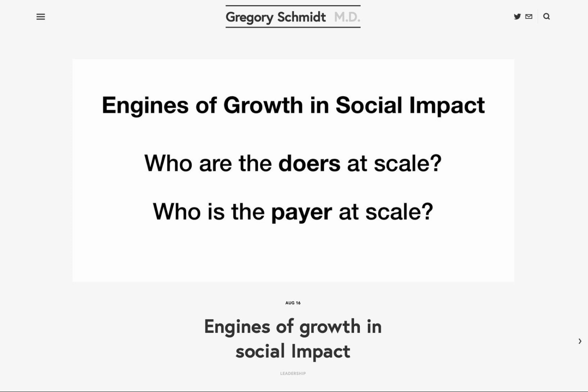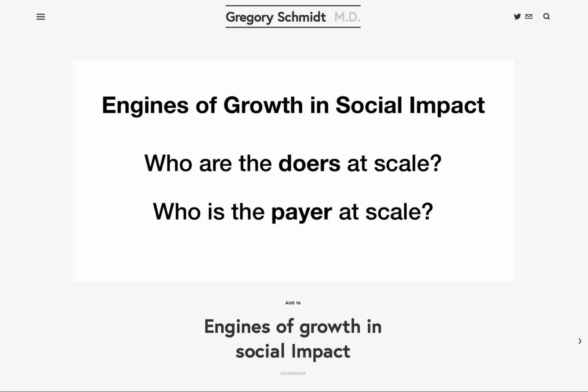One should not wait until they are at scale, though, to determine if their growth hypothesis is correct. An organization can test their growth hypothesis early on, and they can figure out, can the doers do, and will the payers pay? So for instance, if the growth hypothesis for a local business is a replication model, they need to test to make sure that their model is easy enough to replicate. And if the payer hypothesis is that the local government will pay, this too needs to be validated. And if that validation experiment fails, perhaps an alternative engine of growth is required, or perhaps a different intervention needs to be pursued, which is more amenable to scaling.